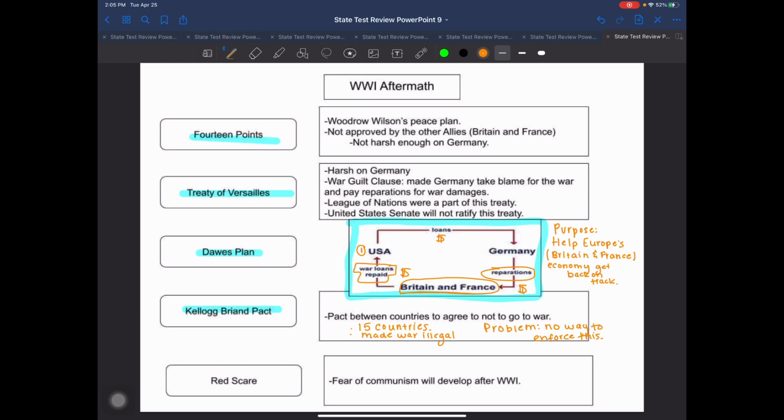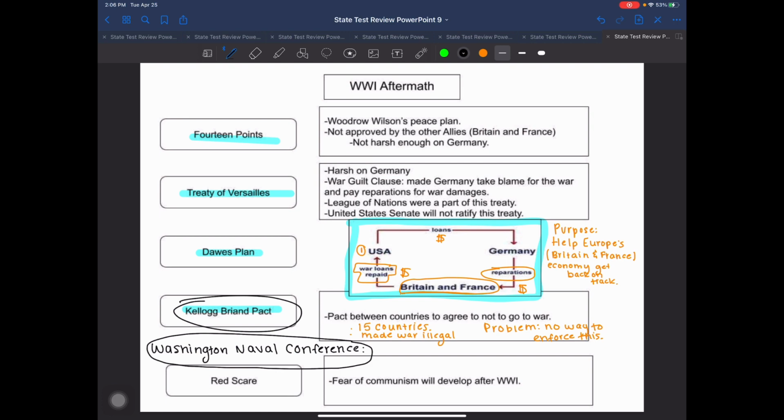Now, one other thing, you're going to actually have to handwrite this one in because it is important, okay? We hold what's called the Washington Naval Conference. This is yet again, like the Kellogg-Briand Pact, our way of trying to promote peace. We didn't join the League of Nations, which was a peacekeeping organization. So this is kind of our way of saying, hey, we still want to promote peace, but without joining the League of Nations. So, hey, let's get countries to sign saying that war is illegal.